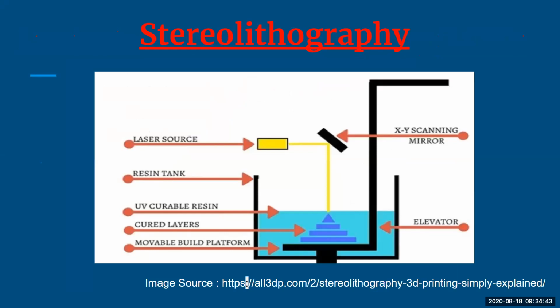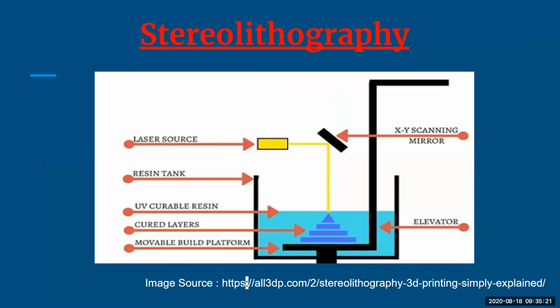Next is stereolithography. When we talk about stereolithography, it uses an apparatus called a stereolithograph, and basically it converts your liquid plastic into solid objects. In stereolithography, there is a UV laser that will trace the pattern for each layer, and it consists of 4 sections. The very first is your tank that is filled with the liquid. This liquid resin is usually a clear liquid plastic, you can say. Second, there is a platform which is immersed into your tank. You can see it in the diagrams.